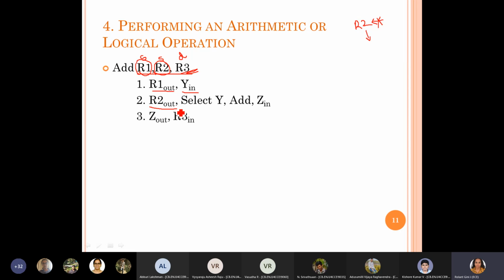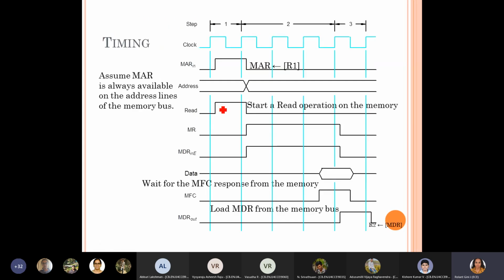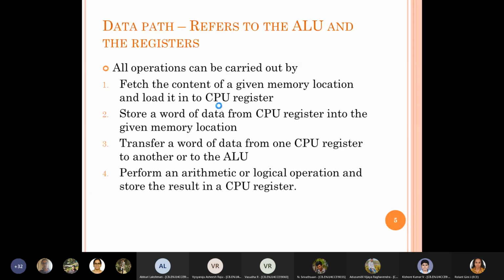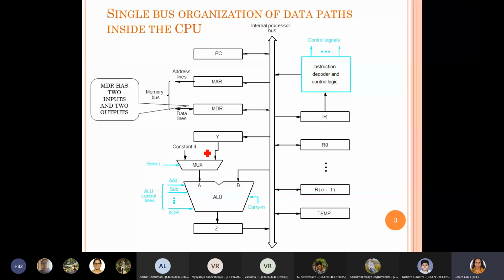Now we have one data in Y, and we have one data directly given to the input B. Then you have to select, right? Here you can see that for input A, you have the option of selecting between constant 4 and Y register. And only one input can straight away flow through this.